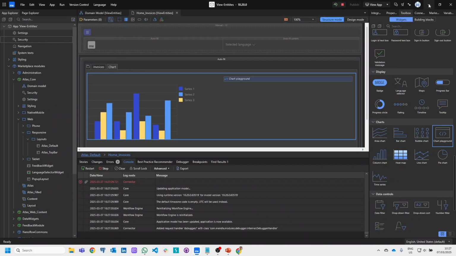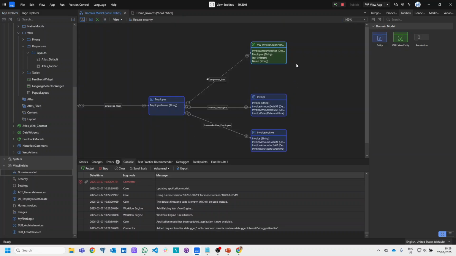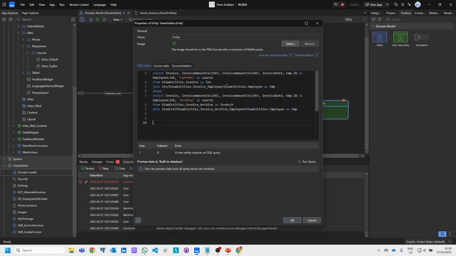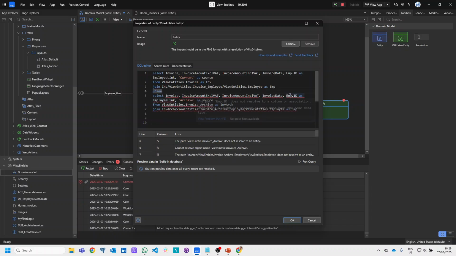So now back to the drawing board in Mendix. In the domain model, what we want to do is combine invoice and invoice archive. In SQL terms that's called a union, and we want to union both these entities in one. Again we are going to introduce a new entity for it, and I've prefixed it. So again here we can say give me the two,